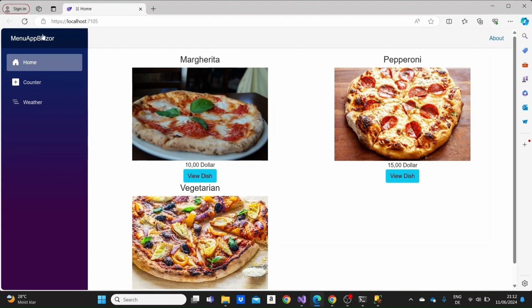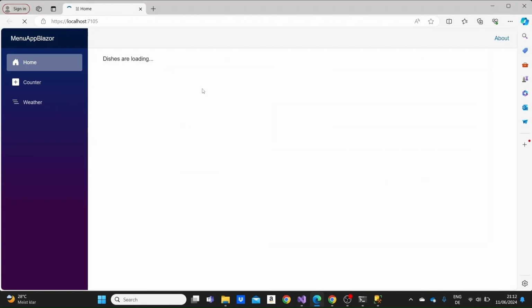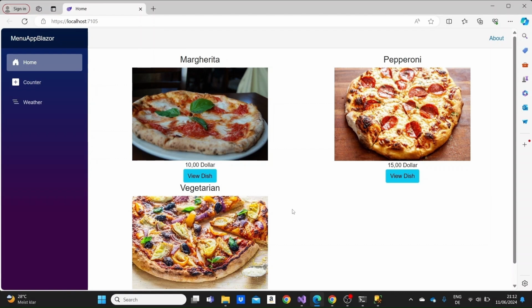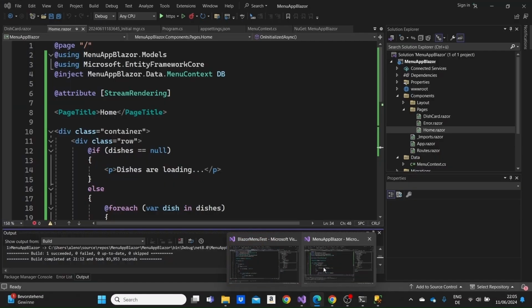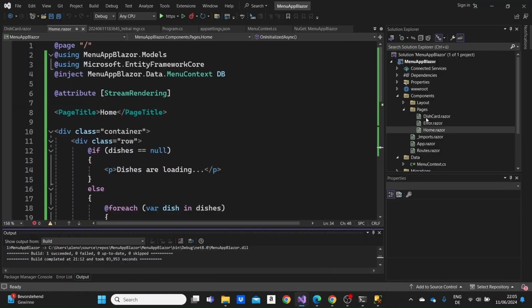So I'm going back again there. And we see this dishes loading for 2 seconds. And then we receive the data, we receive the other remaining part of the content. Now we are just gonna need to create the details page to see the details for each of the dishes